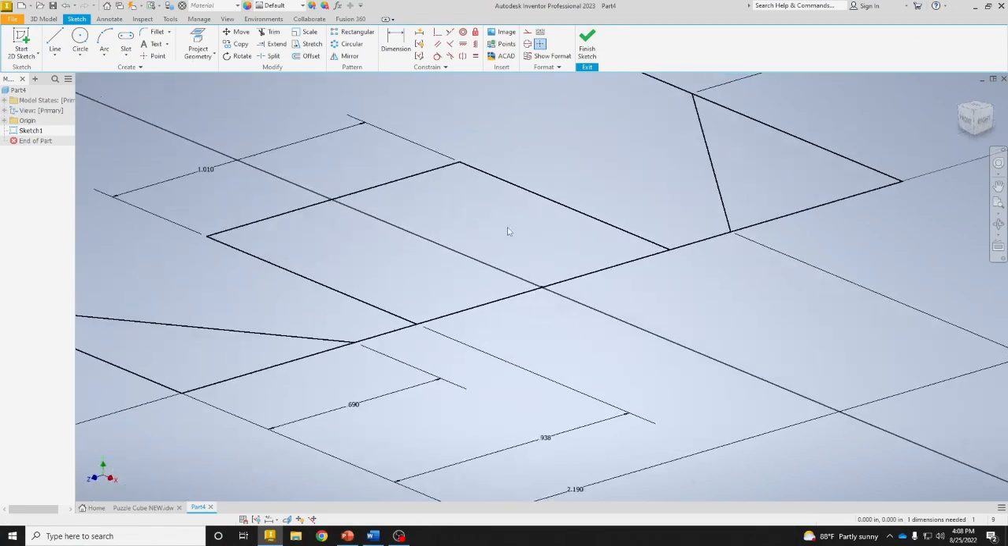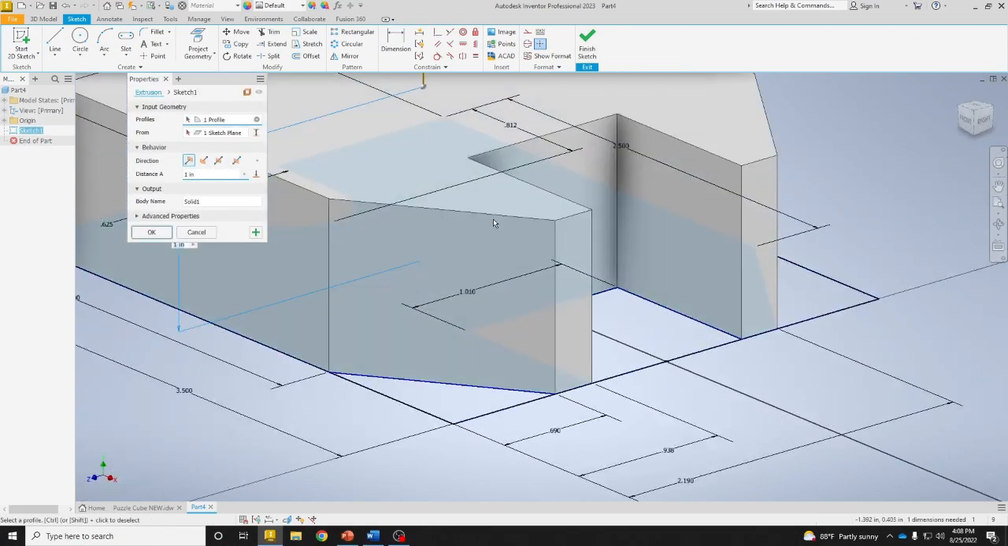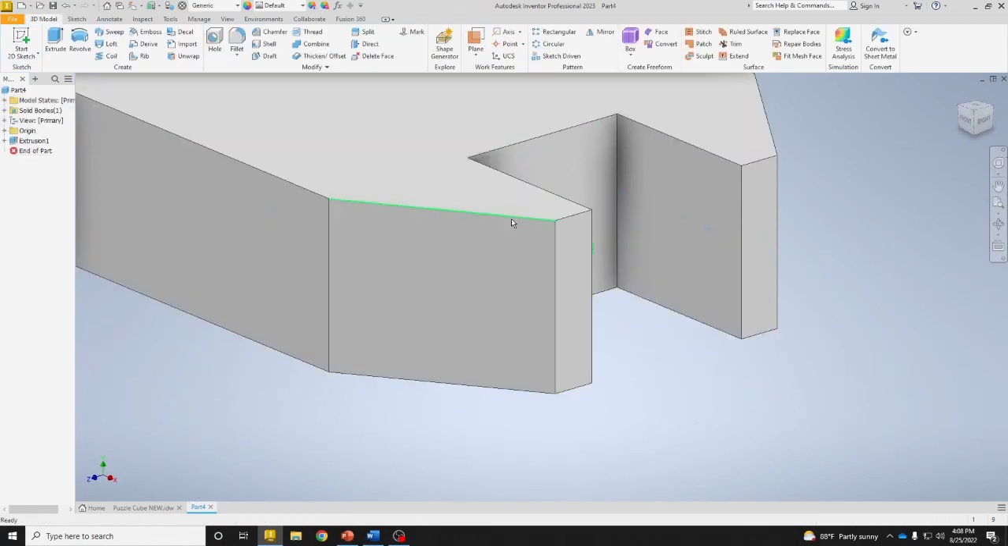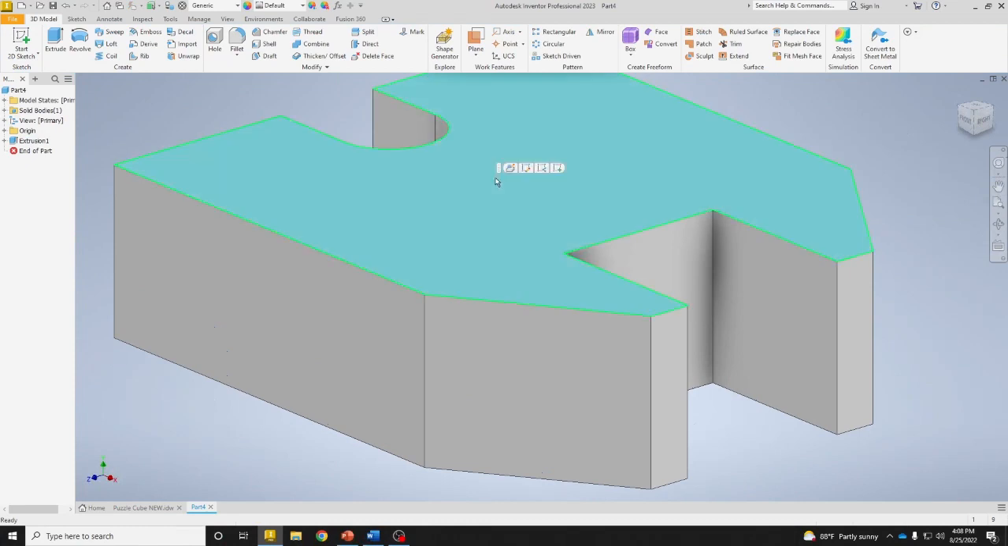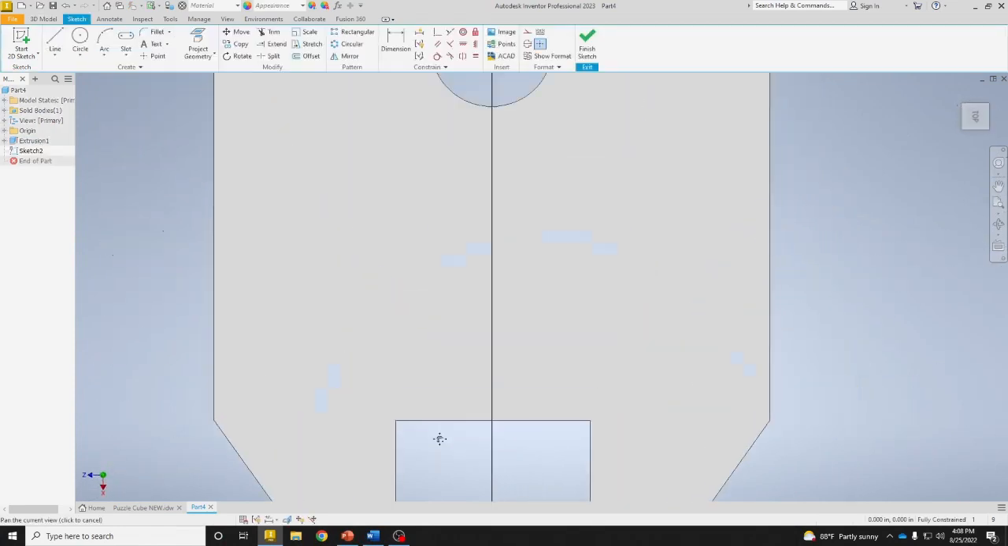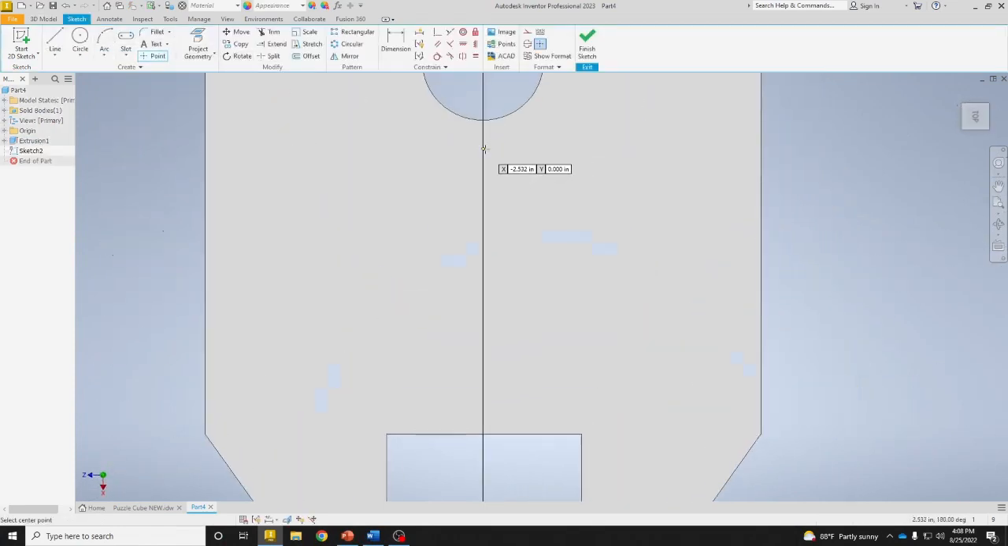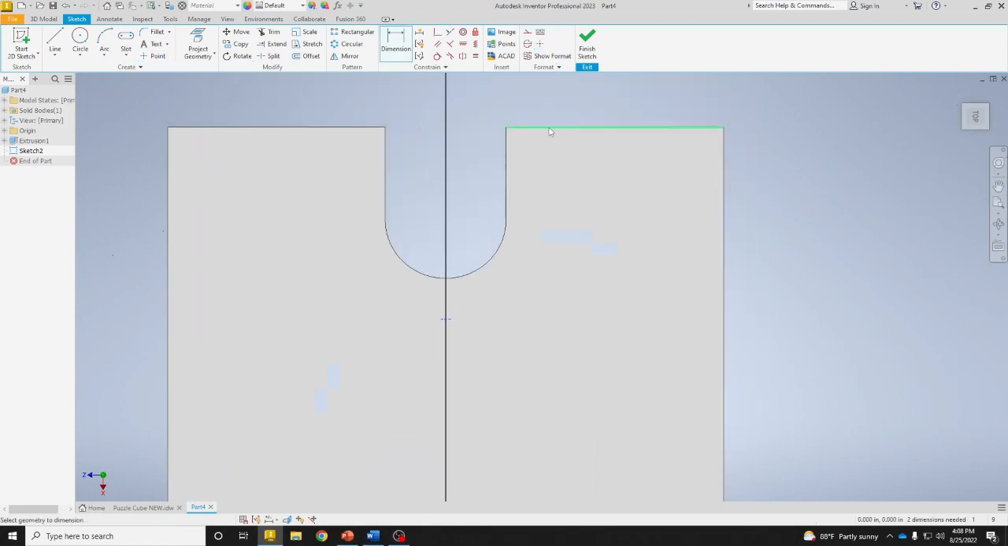Go ahead and finish your sketch so that we can extrude this, and we are extruding this by 1 inch. We next need to add a few holes. So the first hole that we're going to add is on this face. And we're just going to put a point right there and dimension it from the top to the point, and this is 1.062,